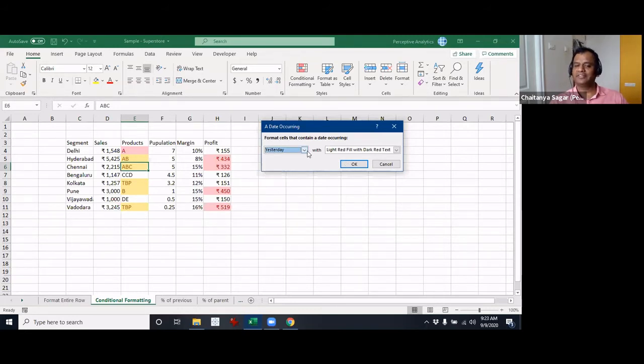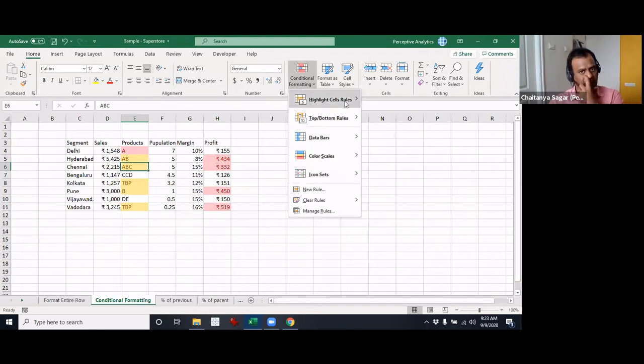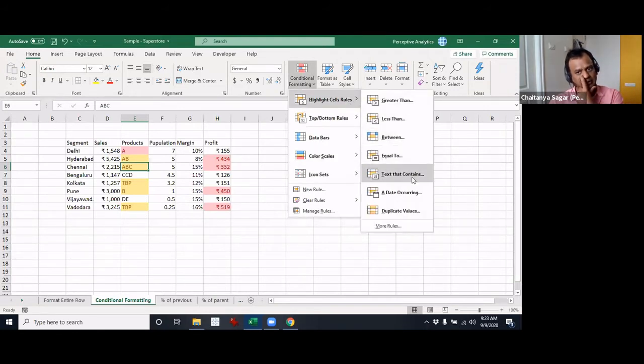The positive here is that we don't have to write any other formula for us to make this happen. You just select the last 7 days and it will work. The same with the last month or this month and so on. It will be just dynamic and it will read the current system date and do the job. All right. So that is so far as conditional formatting with date occurring is concerned.